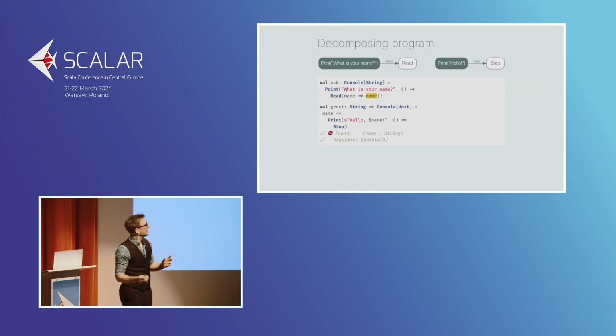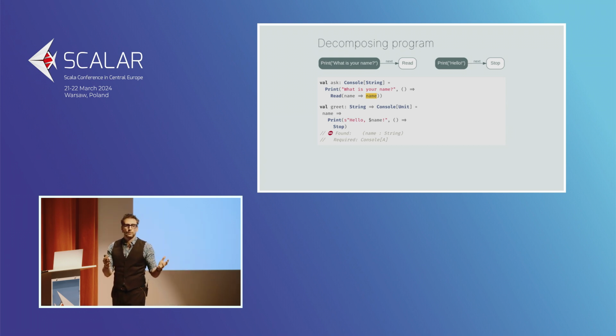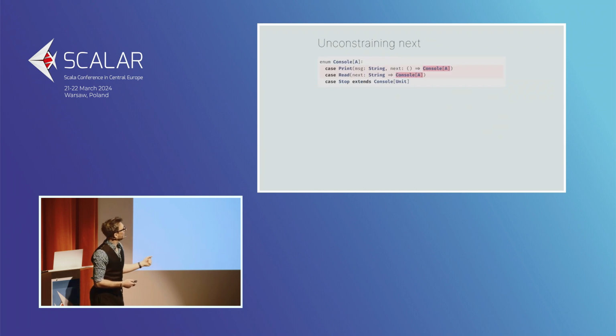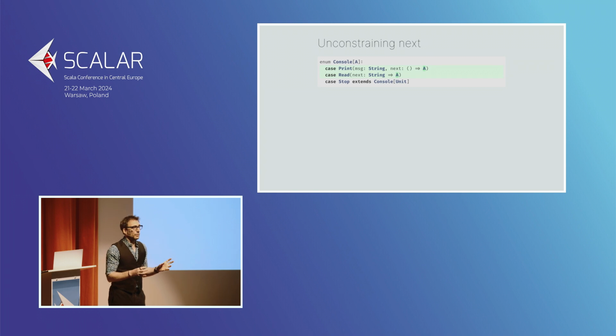I'm quite lazy. So what I do is, the compiler is telling me, you return a string, but you said it had to be a console, so one of these two's got to give. Well, I wanted to return a string, so what's going to have to give is that bit here. I'm no longer returning a console of A, but an A, which makes sense, again, because we want to be able to interrupt a sequence of console statements, don't we? So if we want to be able to interrupt it, we have to be able to say, this is the end, and that's not a console.